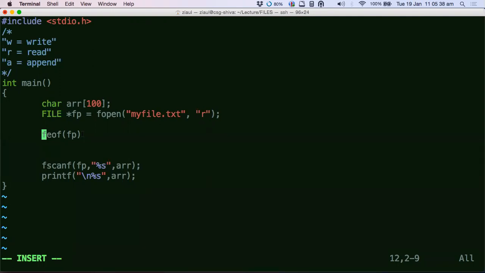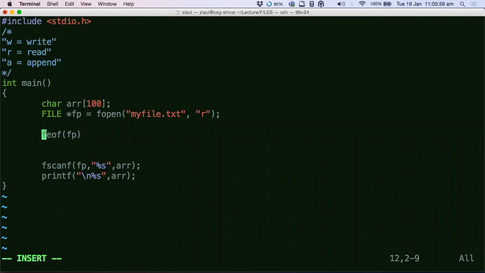All right. So that means there is movement of the file pointer happening inside that file. Not inside the file, inside the buffer mapped to that file. So during this movement, if fp comes to the end of the file, this function helps you track that.